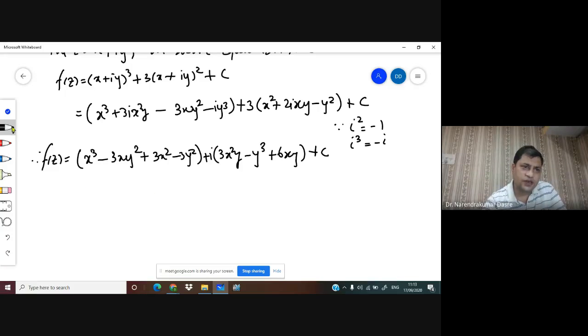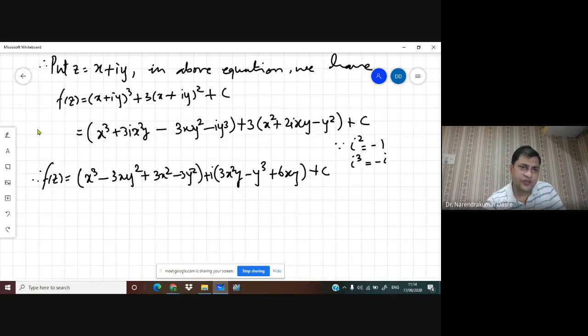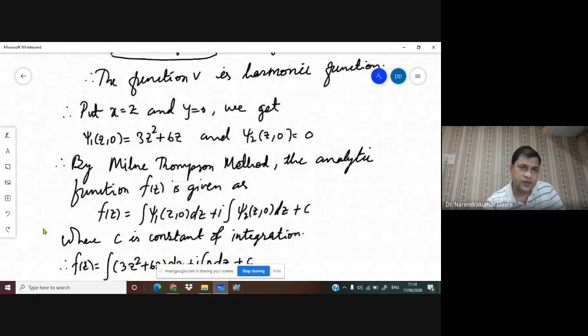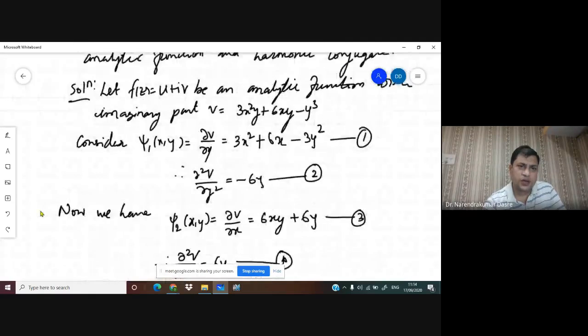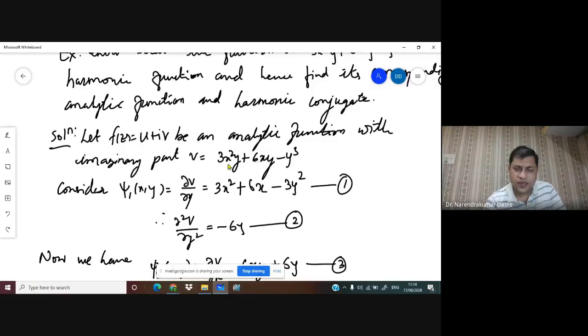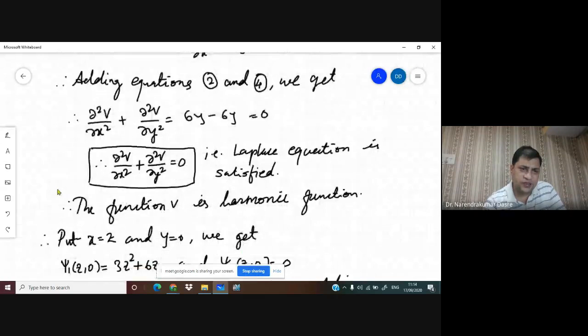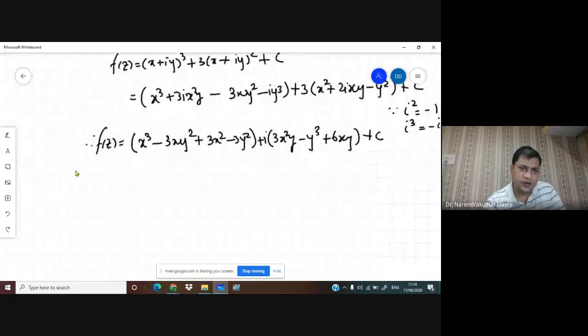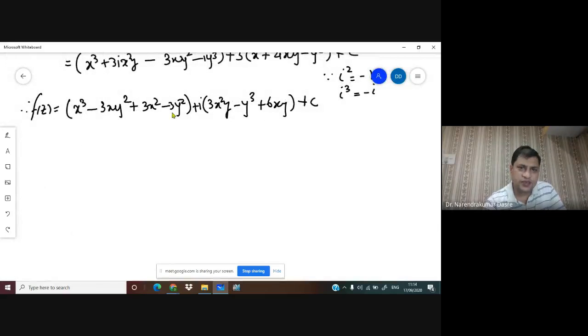Now we have to check whether this is going to be correct or not. So we see what was given to us. V is given to us. So check this V, 3x square y minus y cube plus 6xy, whether we got this correct or not. If we got this correct, then our answer is correct. Okay. So we see here, this is 3x square y minus y cube plus 6xy. So exactly what was given to us that we have obtained, and hence we can say yes, this is the